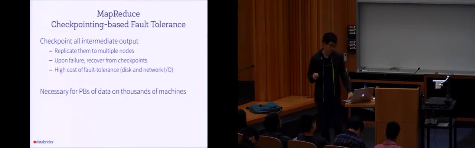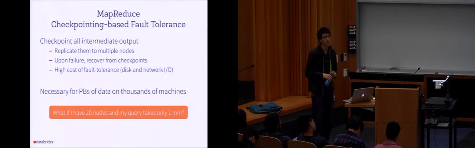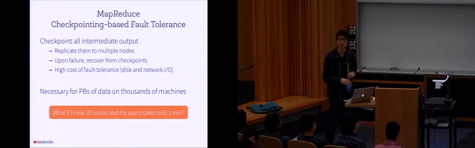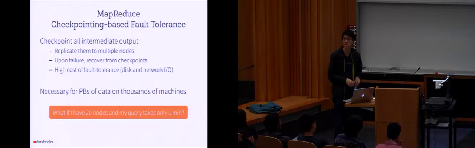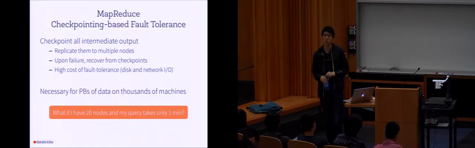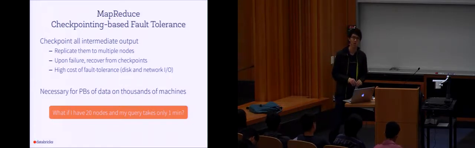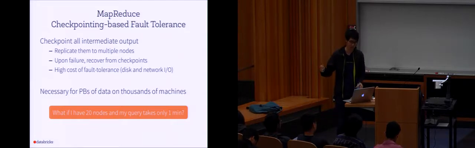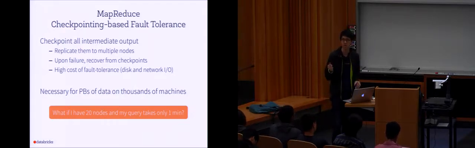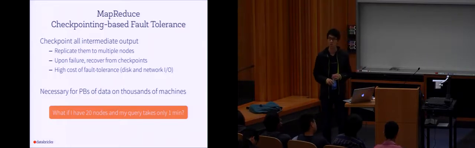But the question is, how many organizations really have 48,000 hard drives, let alone the need to store or even just process a petabyte of data? What if all I have is 20 nodes, which is probably the median size of Hadoop clusters deployed in real life nowadays? We're talking about all this massive scale. If you only have 20 nodes, and my query is pretty fast, using maybe gigabytes or even a terabyte of data but returning in about a minute, how important is this fault tolerance?